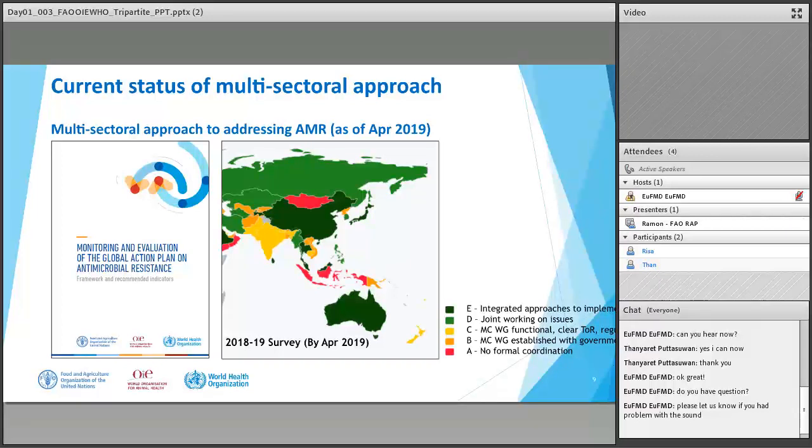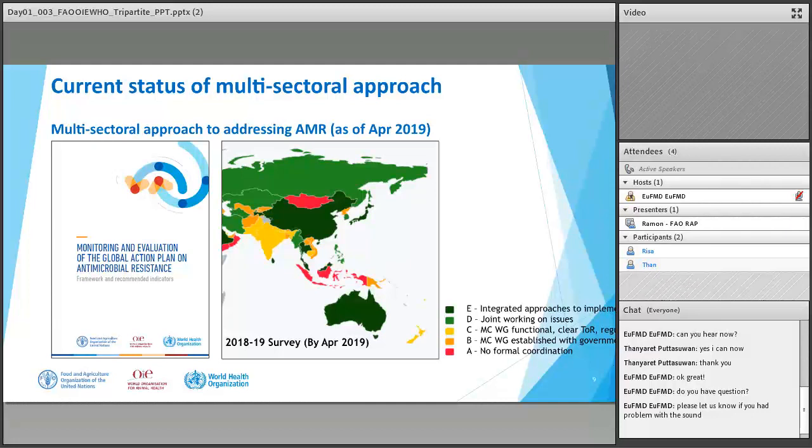Probably you might have heard what is monitoring. So monitoring is done by the implementer, whether it is on track or not. And evaluation is done by somebody outside, I mean, whether these people who are implementing have done the correct job or not. So, when it comes to reporting, what we have shown here is the monitoring results reported by the countries. So this is self-reported results of implementing these national action plans.